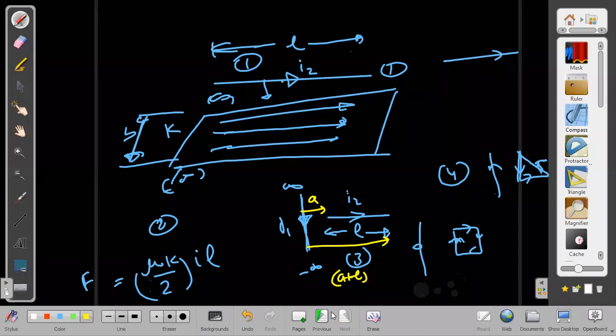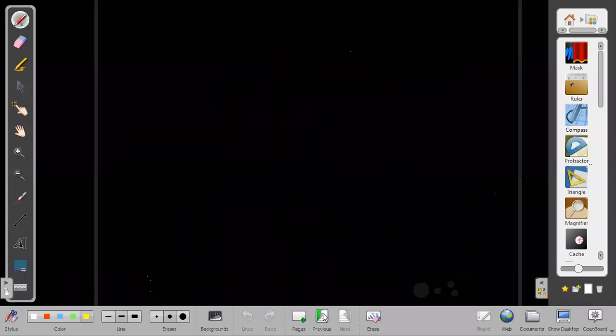What about the last one, the fourth one? Toughest of all. So superposition we have to do, sir. First we have to find the force on one, then on the second, and then on the third. That way we have to find each separately. Can we find it, or is it tough? Let us think about that also. Let us try at least one case, and after that we will understand.